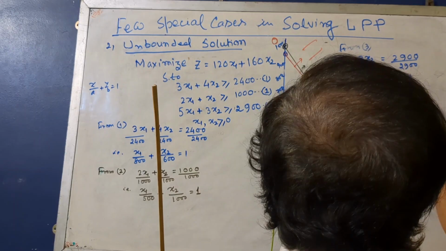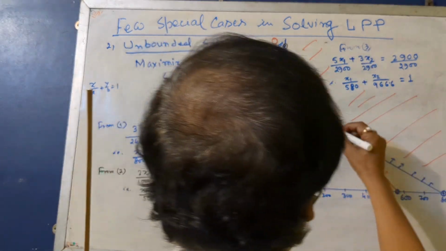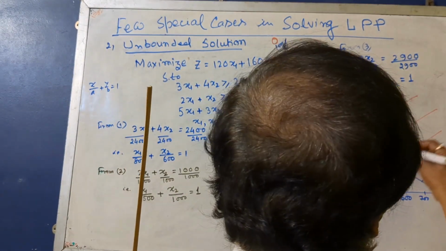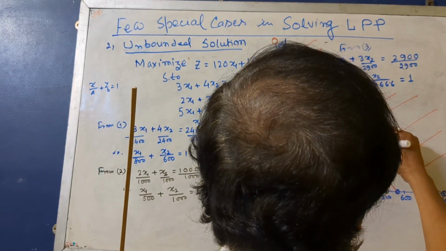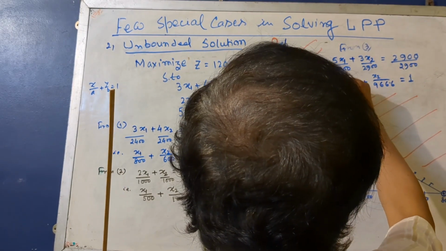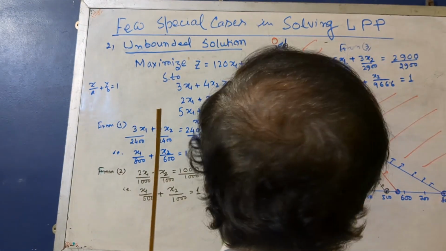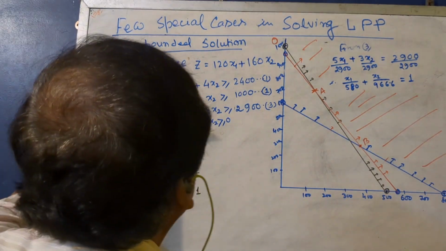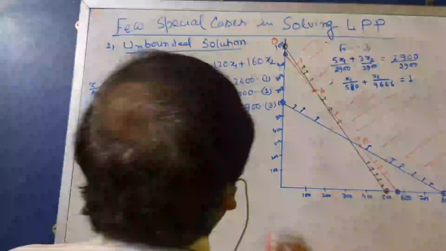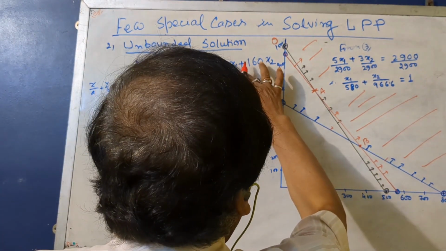The common space is open from the upward direction, because all these are greater than or equal to, this is also greater than or equal to, and in the common space, this is the cutting point, it is above it. And that's why, if you want to find the maximum value, suppose z is a function for maximization,